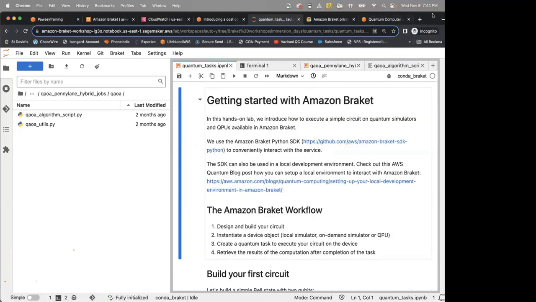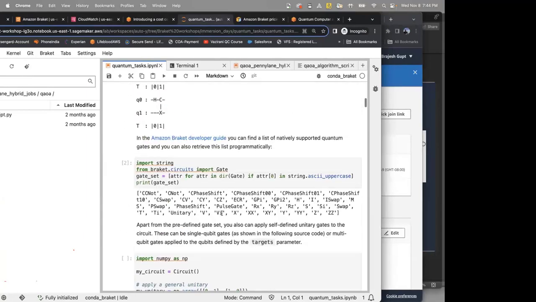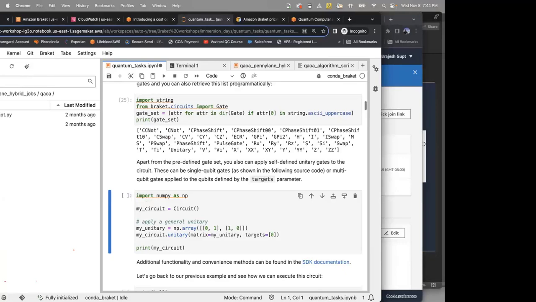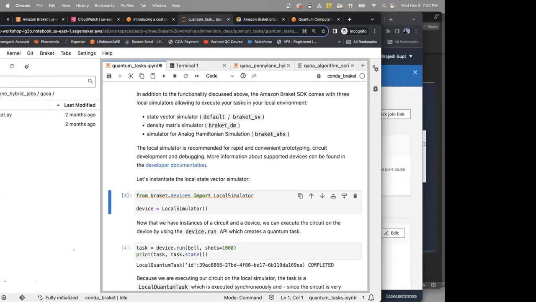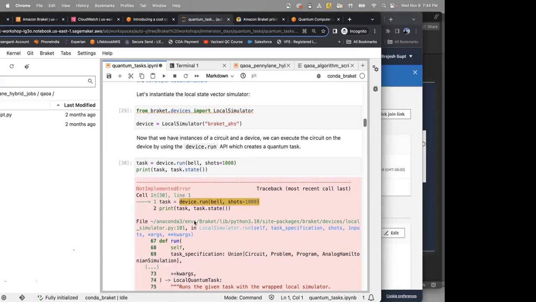So if you look at the quantum task, the very first circuit that we try to simulate, a Bell circuit, and if you run the Bell circuit in the local simulator, is there any question or some discussion going on? Okay, no problem. So in the local simulator, if I choose braket AHS, and try to run this circuit up here, it gives you an error.